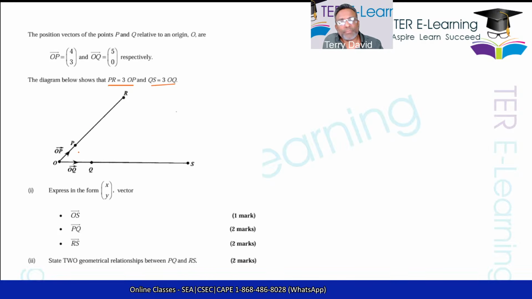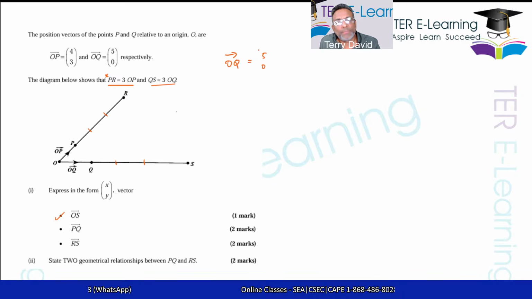So in this case here, what's happening? This diagram doesn't look like it's drawn to scale here. PR is 3 times OP. So that means that this here is broken up into 3 equal parts, and the same thing applies to this here. The length of PR is 3 times the length of OP. So the first thing we want is the vector OS. Where is OS? If OQ is equal to (5, 0), and you want to work out the vector OS,